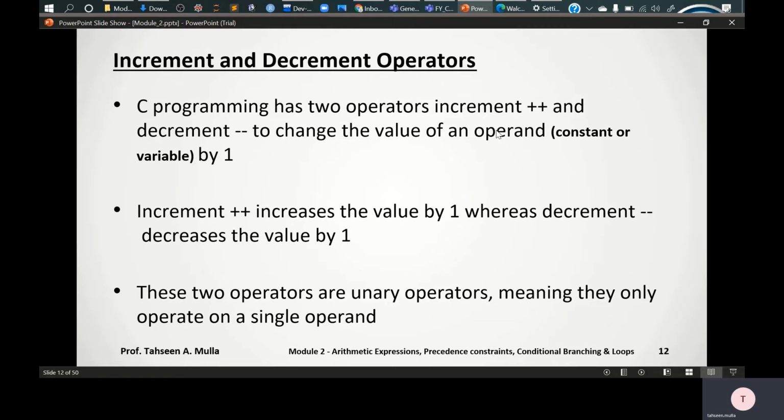Now when we apply these operators, plus plus and minus minus, on variables, by default the values are incremented by plus 1 or decremented by minus 1, right? So increment plus plus will increase the actual value of the variable by 1, whereas decrement will decrease the value of the current variable by 1. Right? So basically these two are nothing but unary operators, meaning that they can be operated only on a